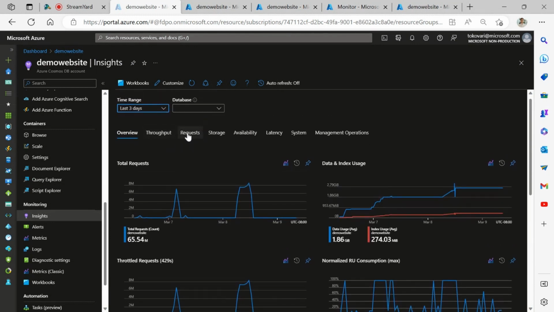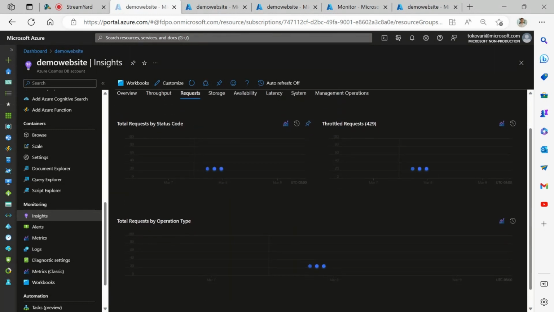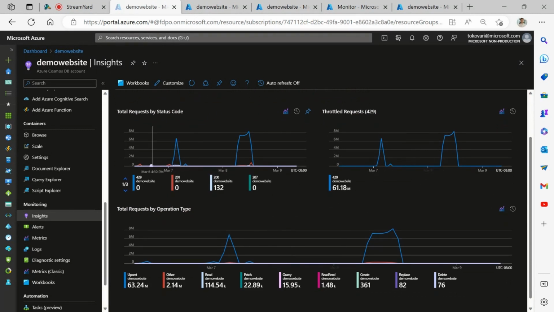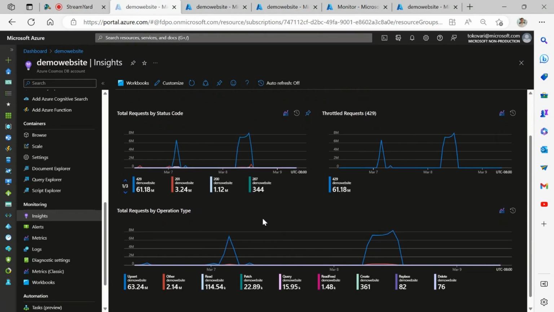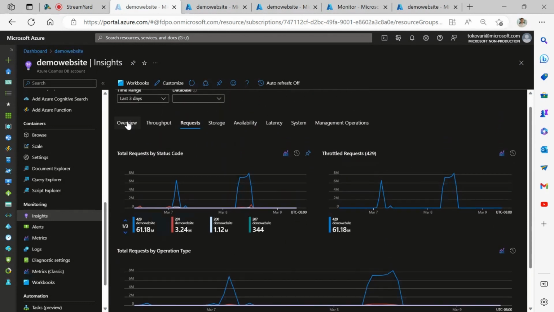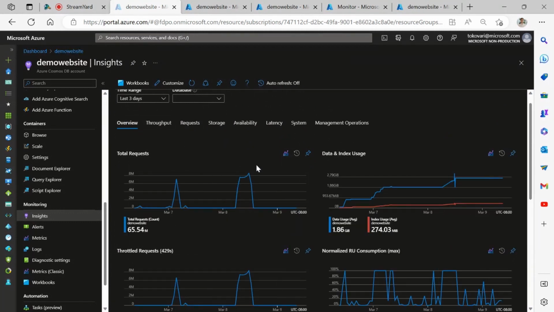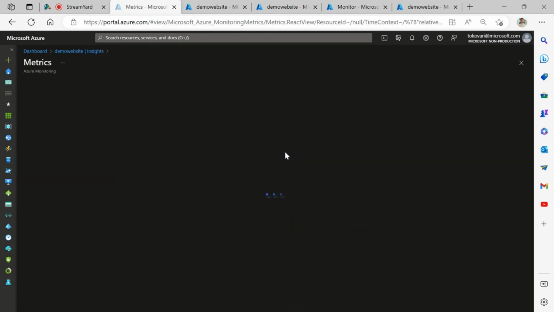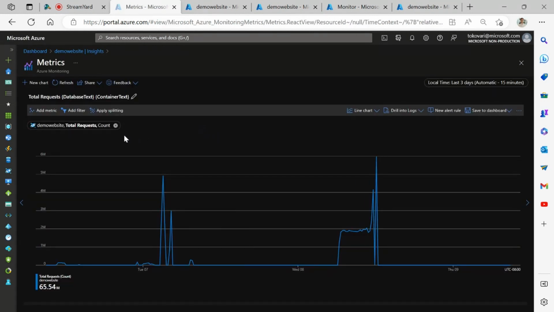Now, these pre-built charts contain different breakdowns, but they do not show breakdown by regions. So in order to see what my utilization is across the regions, I have to open this total requests chart in a dedicated window, where I have the ability to add additional filters and apply splitting.